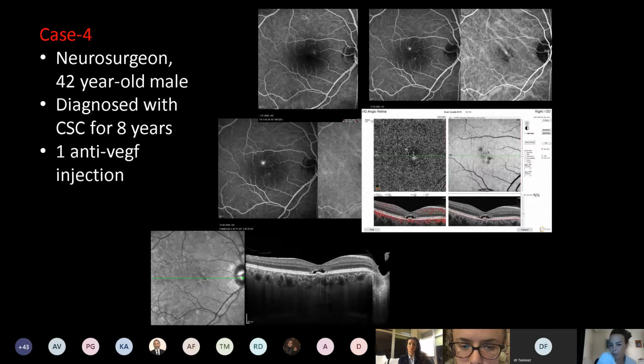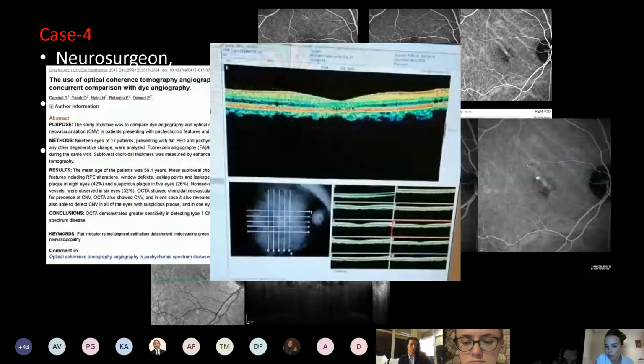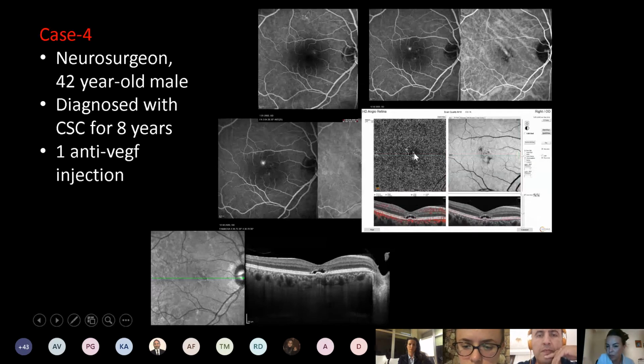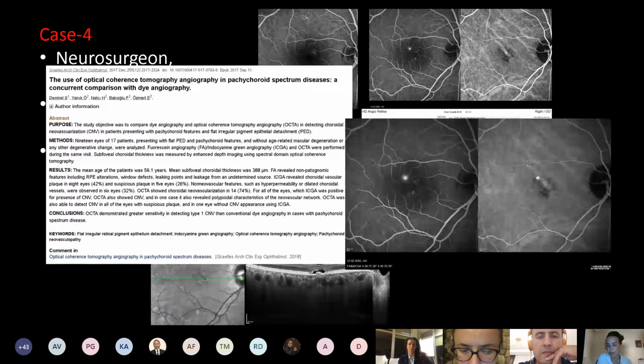And no surprise, he had choroidal neovascularization in the center, some filamentous tangled network, and also in this B scan there is flow inside it, which means the patient has choroidal neovascularization in the center, which is obvious on the en face optical coherence tomography angiography picture. So I offered him photodynamic therapy, and he accepted.